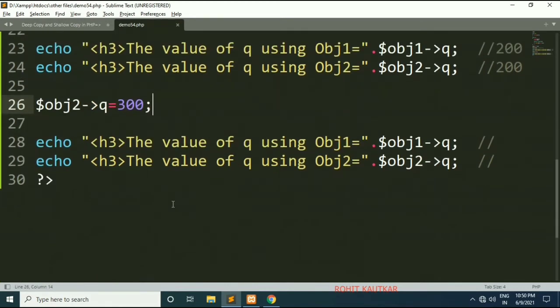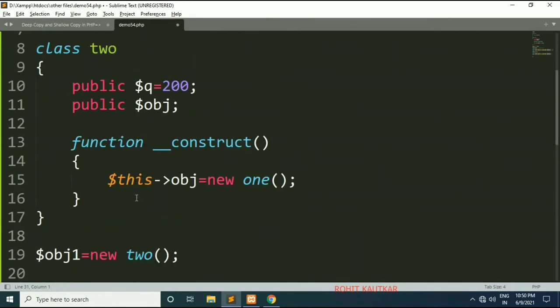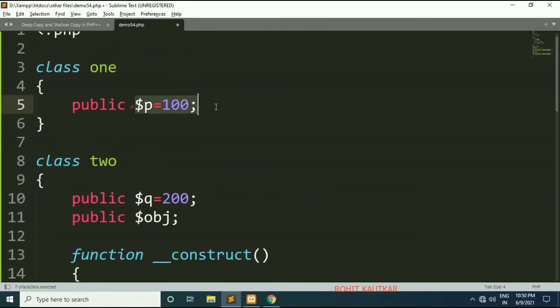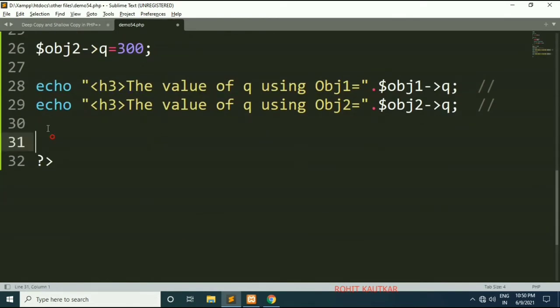One more example I will try to tell you now. I will refer to the value of P. I will copy this.